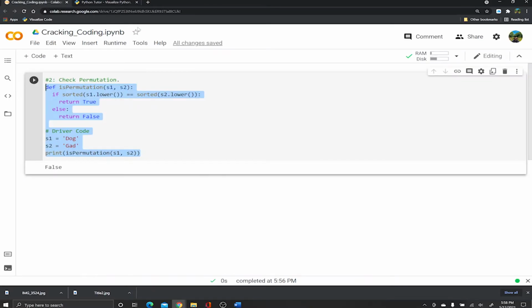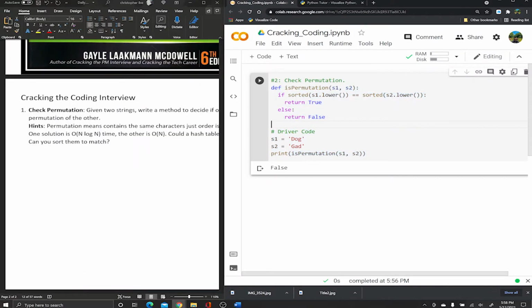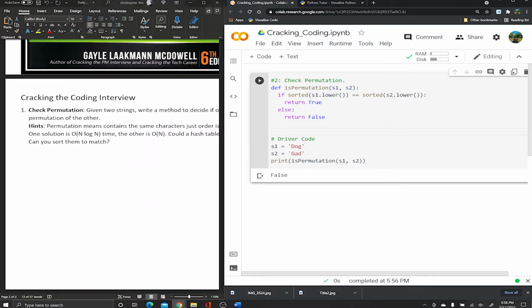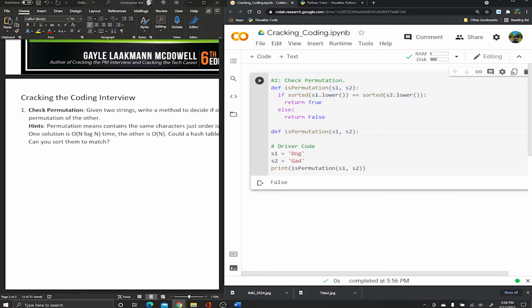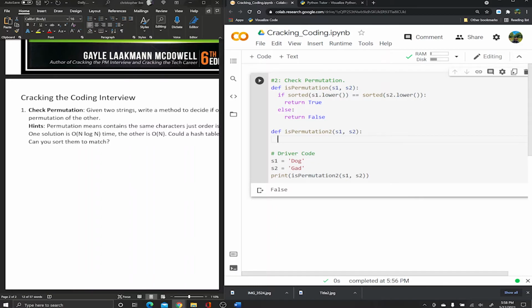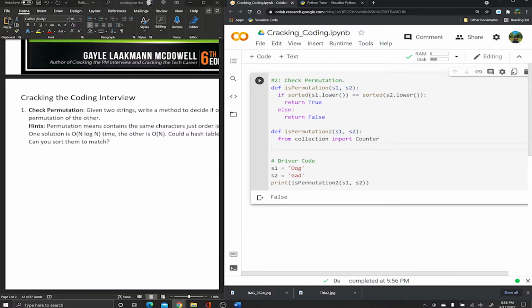Okay, so like I promised earlier, we're gonna solve it in two ways. So we're gonna define a second function. I'm just gonna copy this. I'm gonna call it 2, and I'm gonna go ahead and change the call to 2. This time we're gonna solve it using a package called Counter. So I'm gonna say from collection, okay, import Counter. Again, this is an inbuilt Python package that comes shipped out of the box with Python, so it's really easy to use. And here I'm gonna say if